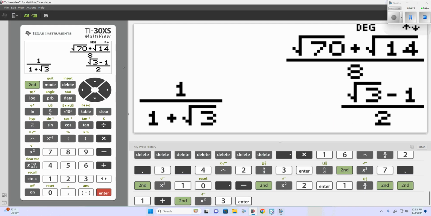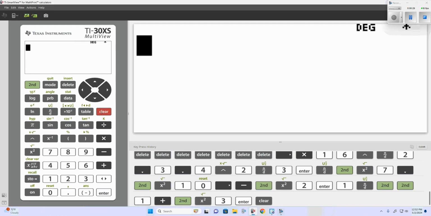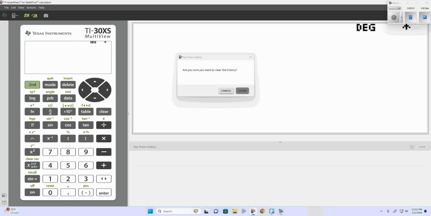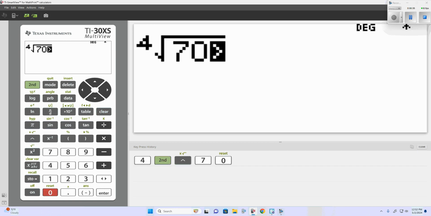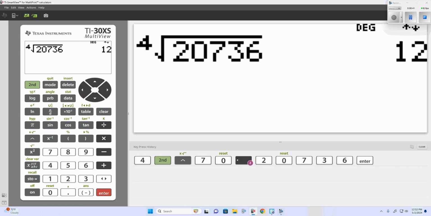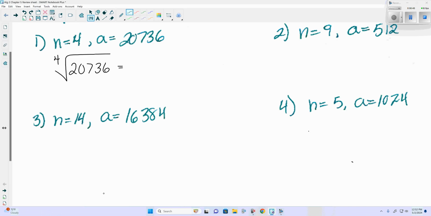So we will have two solutions. We can plug this into the calculator. Figure all that out. So we can say the fourth root of 20,736, which is 12. So we say plus or minus 12, because whenever we apply an even root to